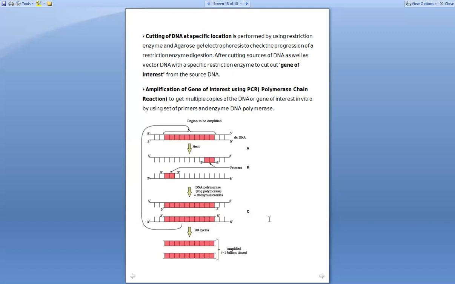Now the third step is extension, that means the adding of further nucleotides. You can see the gene of interest was like this, the primers were added like this, and now the extension took place upon the addition of the Taq polymerase and the deoxynucleotides. The Taq polymerase is responsible for adding the complementary base pairs of this particular parent DNA. So at last you are having this now, the gene of interest has been doubled. Now 30 cycles are run, and when you run 30 cycles it is amplified approximately 1 billion times.